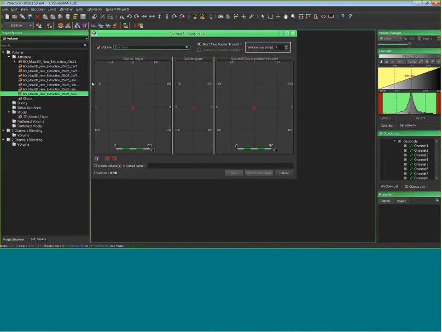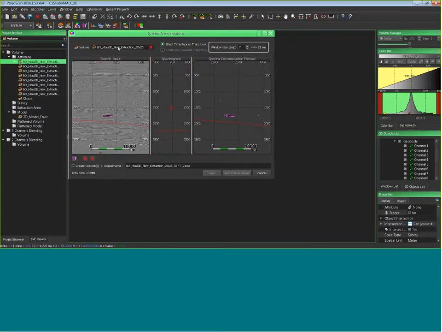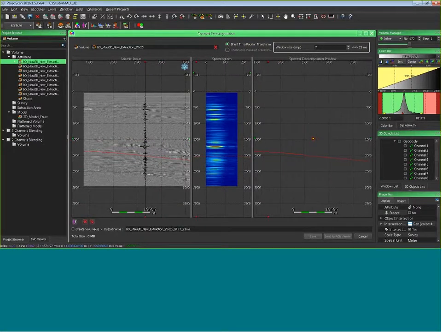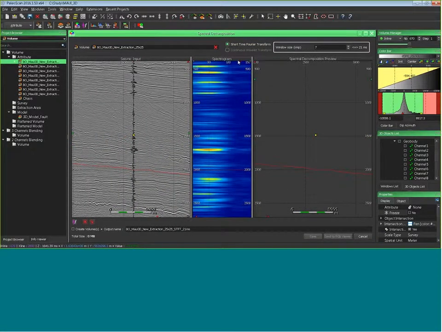On the next one, exactly the same thing. You just drag and drop your seismic. I just remove the intersection of the geobody. And then, using the cross navigation, you can cross navigate like this. PaleoScan will display the trace on the cross navigation and compute the spectrogram thanks to 3 different methods.